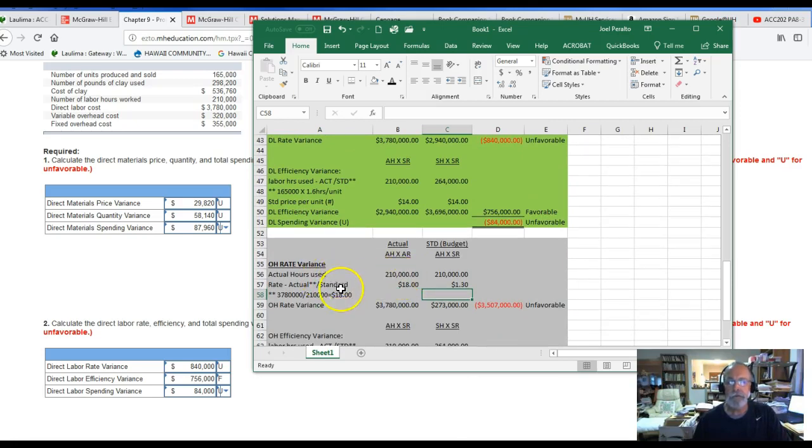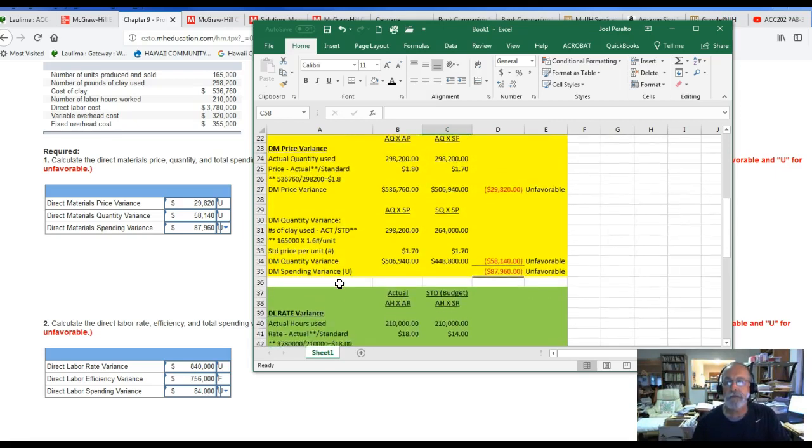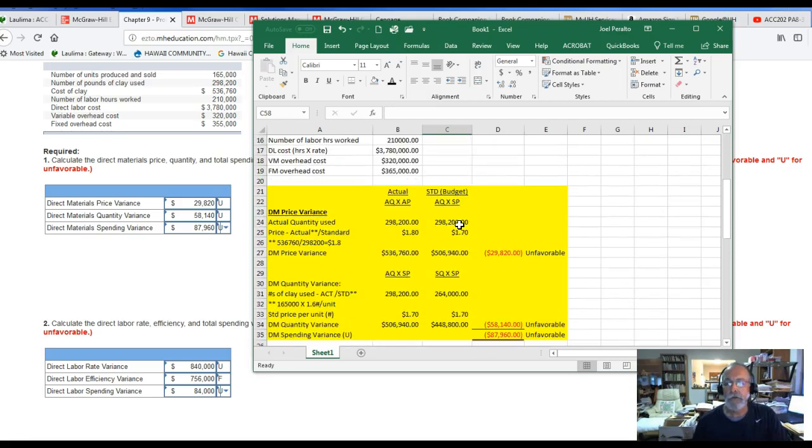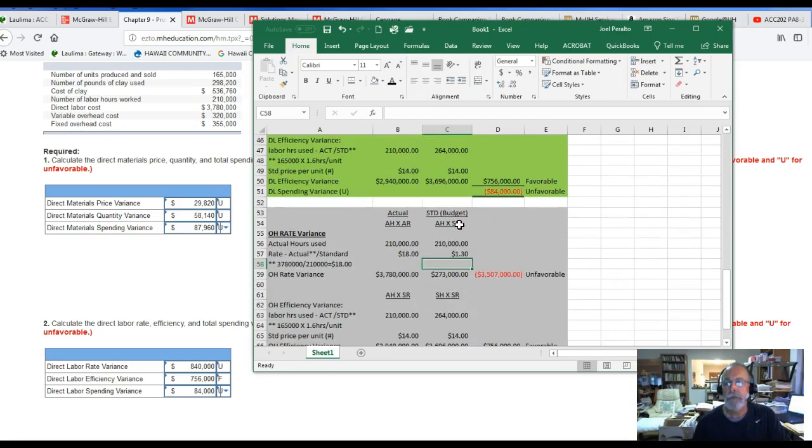Actual hours used, and the overhead rate is different from the labor rate. So our standard overhead rate is $1.30 per hour. So that's $1.30 for the standard or budget calculation, and we need to get the actual overhead rate,